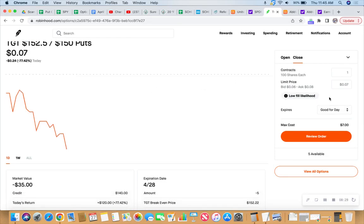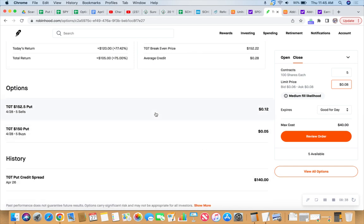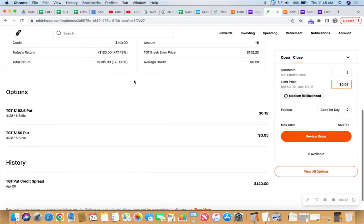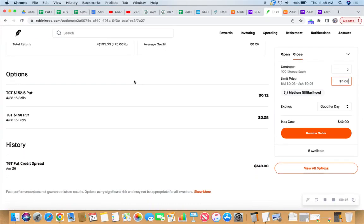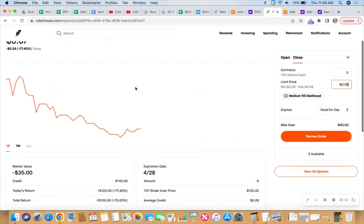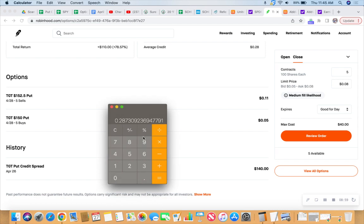So worst case scenario, it's going to be $40, right? So we got 5 of those, and if we put in the 08, that's worst case scenario, $40. We collected 140, and that was yesterday. Yesterday, we put this credit spread in play, and if we net $100, that'll be some cool math. Let's just figure it out. What would the math be? So we'd be at a net of 100, right? 140 minus 40 is $100 divided by,